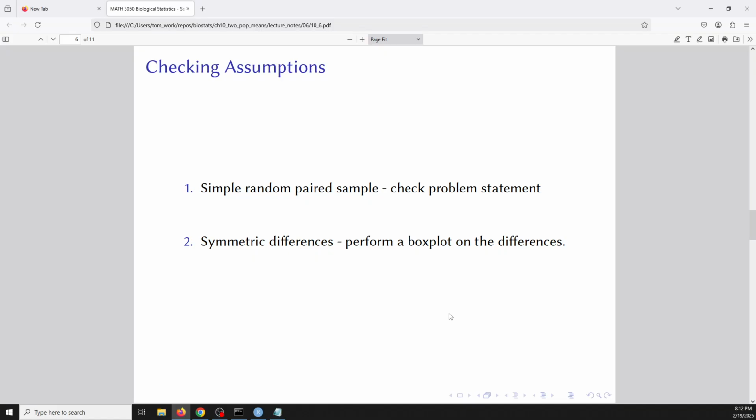So we need to know how to check the assumptions. Number one, simple random paired sample. You would check the problem statement to see if it's a paired sample. Remember, that's not independent. With independent samples, any possible sample of population 1 could occur, and any possible sample of population 2 could occur. But this has to be paired, so who you can pick from the second population depends on who you picked in the first population. You need to check the problem statement and make sure that it is paired